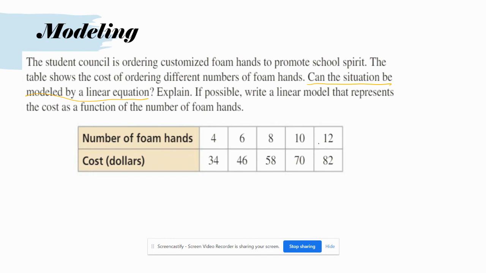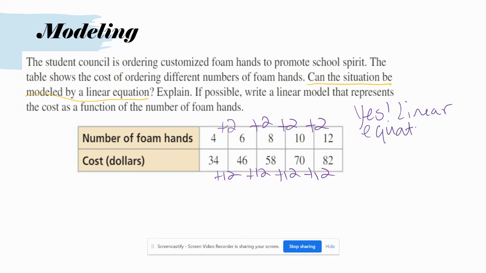So the number of foam hands, this is plus 2, plus 2, plus 2, plus 2. The cost, this is plus 12, plus 12, plus 12, plus 12. So yes, this is a linear equation